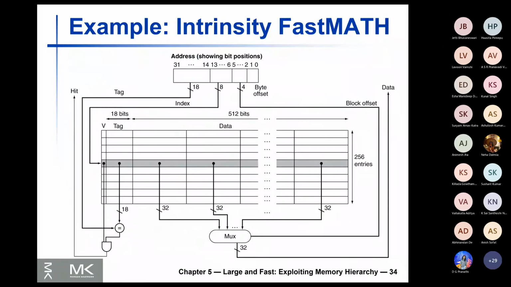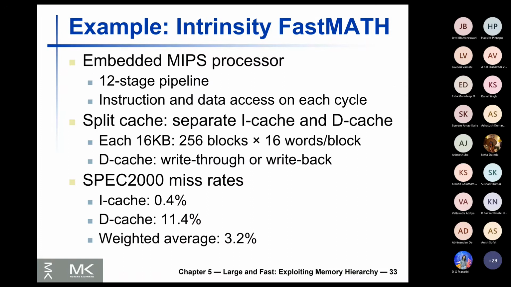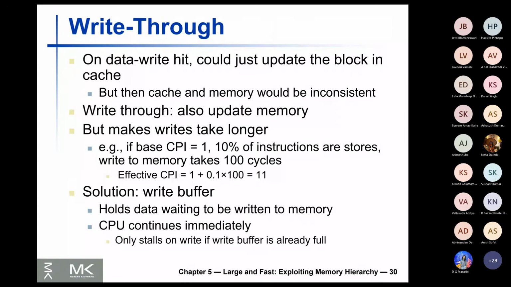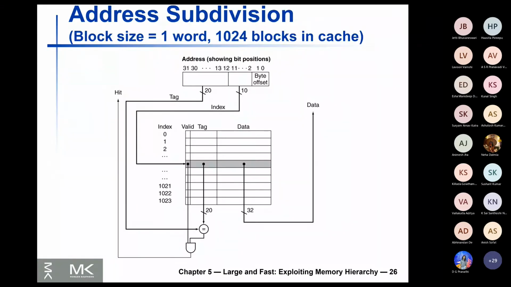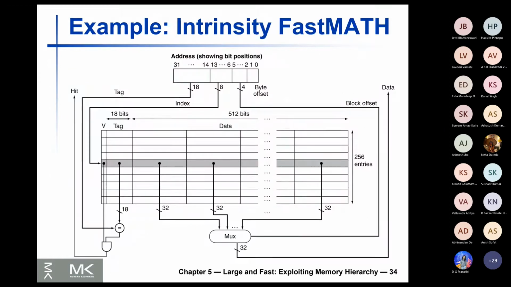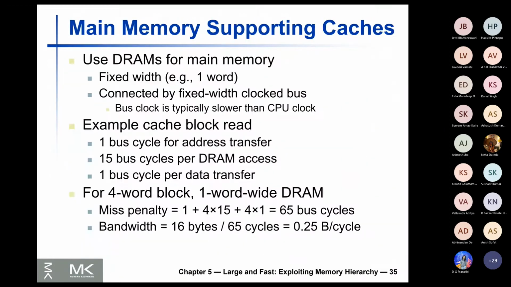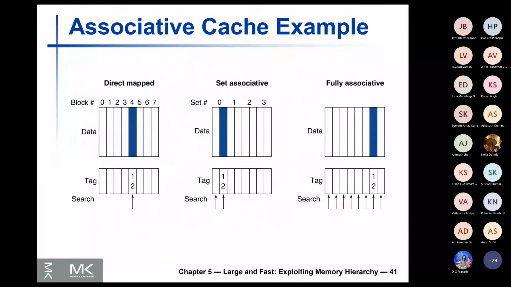The problem with this direct mapped cache is that you don't have much flexibility. So people go for other cache organizations. One is called a set associative cache organization, where you provide a certain amount of liberty.